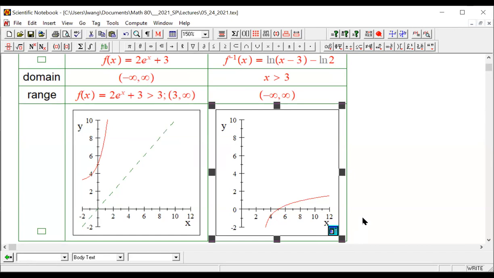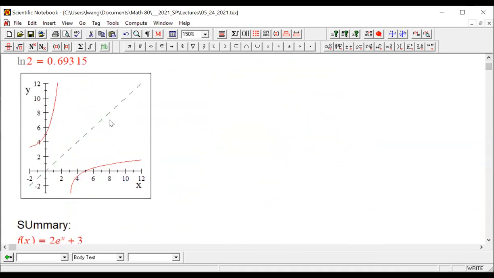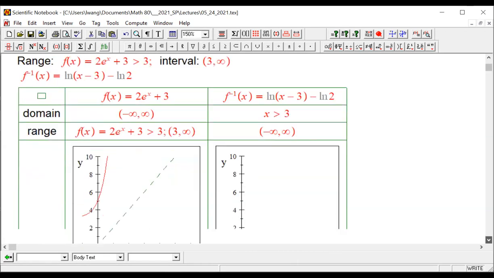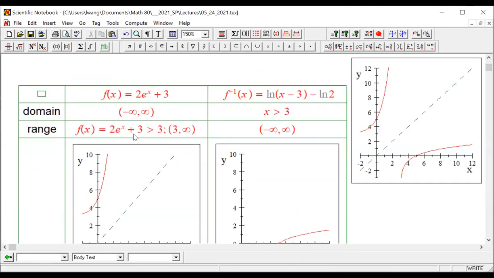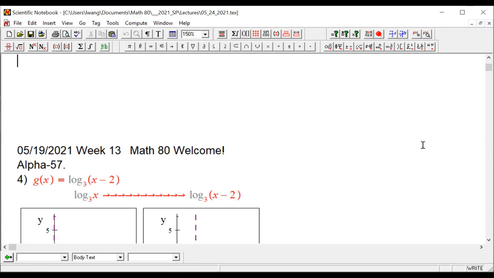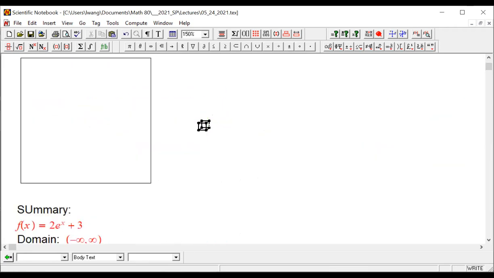Right? And of course, if we put the pictures together, which we did earlier, the pictures together is like that. And usually we like to graph them in the same picture. Okay. Last but not least,